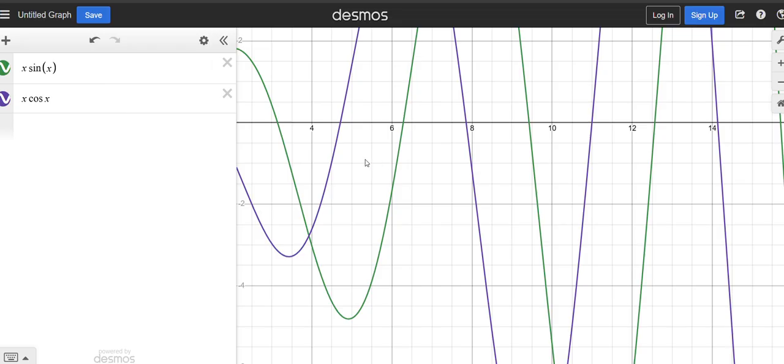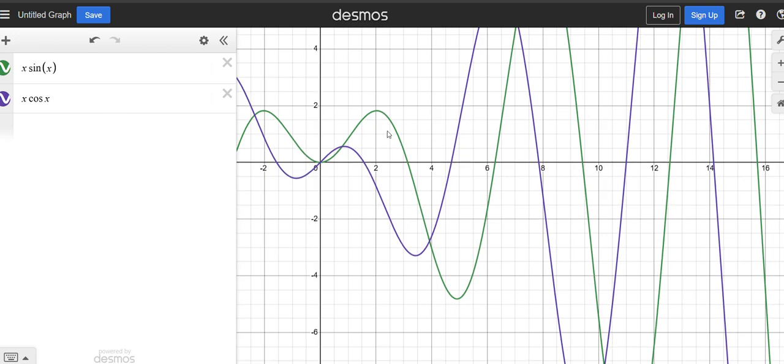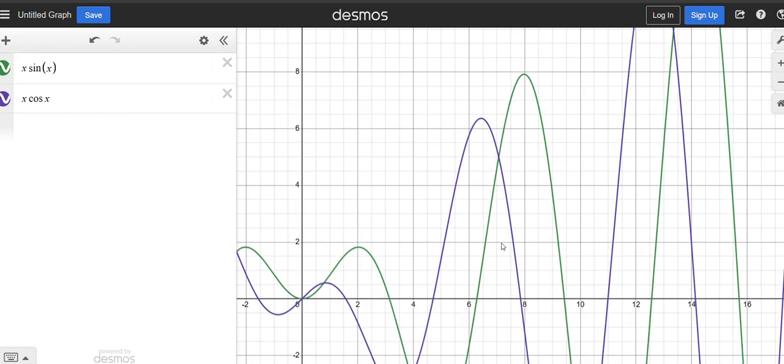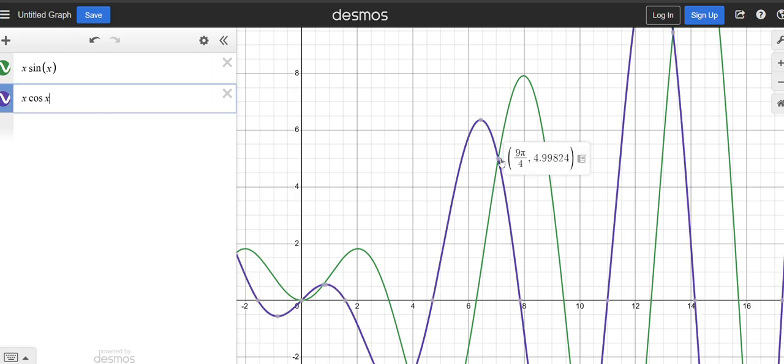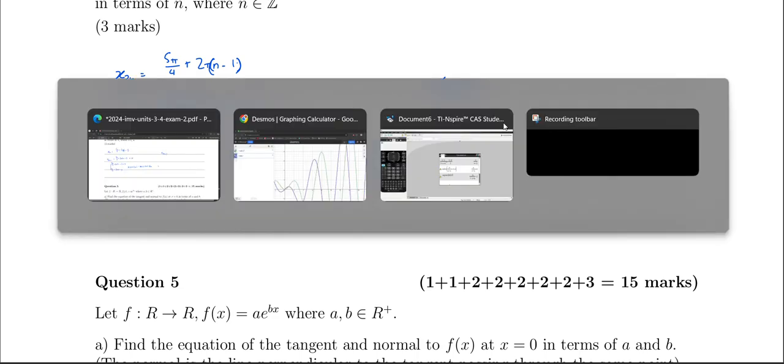The reason is that even though x sine of x is sometimes the top function, that's only when the left point of intersection is x of 2n plus 1, but this is the right point of intersection, so the x cos of x will be the top function, and this is equal to